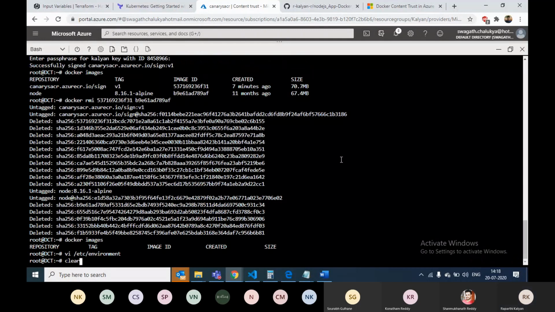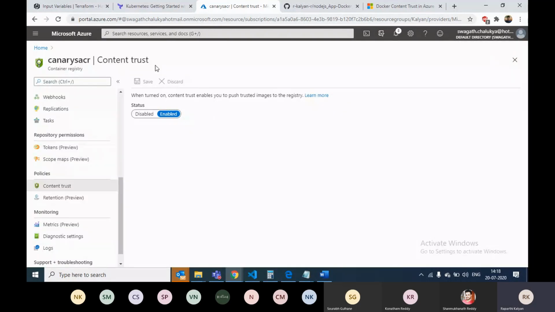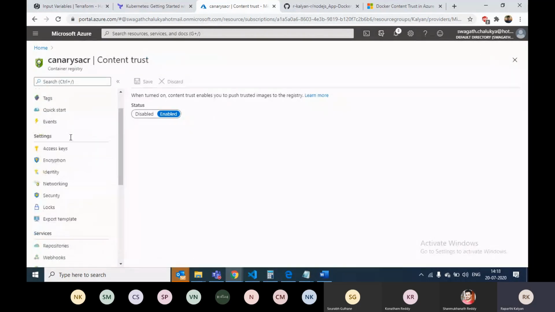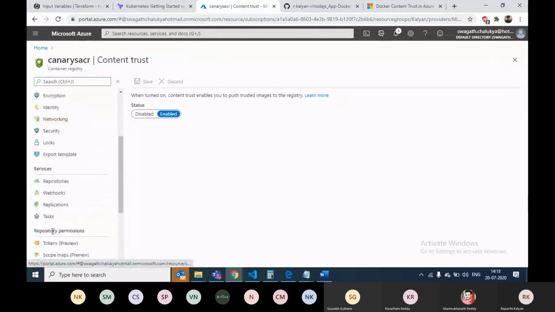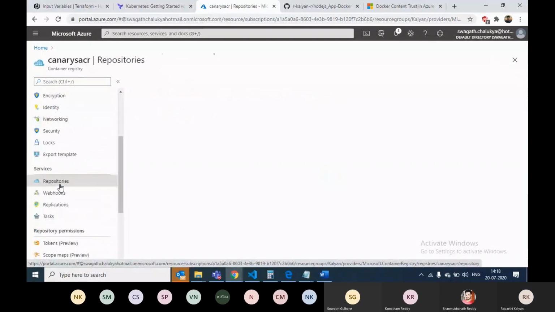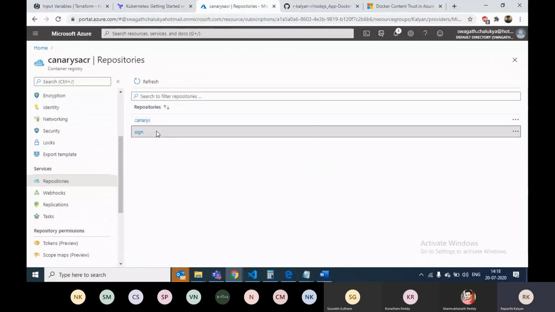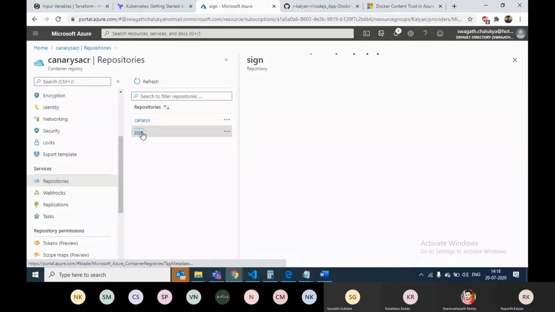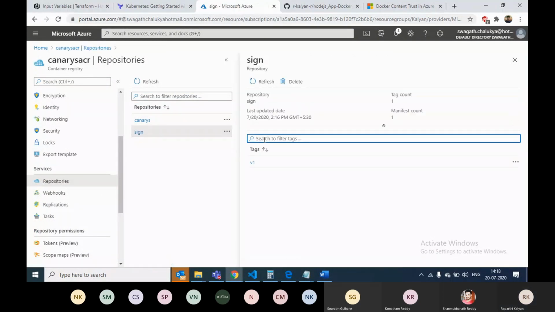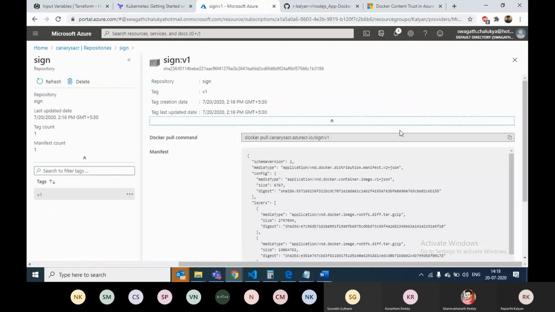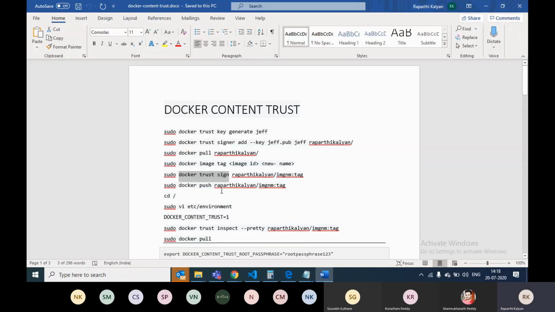And I'll try to pull both the images now. We'll see what will happen. Actually, the signed image only should be pulled, not the unsigned image. So first we'll try to pull this signed image. Okay, but before that let me confirm this.